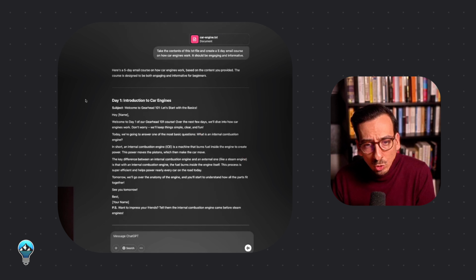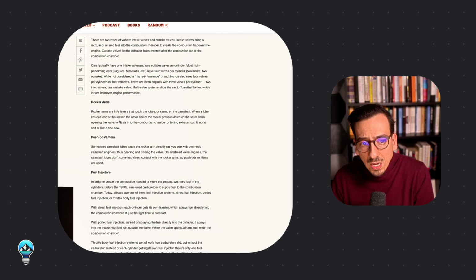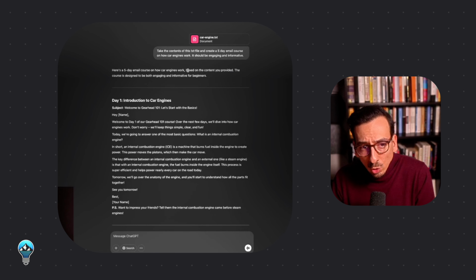I then went to ChatGPT and attached this specific document. So this is the car engine TXT, essentially this blog post without the images. And I told ChatGPT, take the contents of this TXT file and create a 5-day email course on how car engines work. It should be engaging and informative.